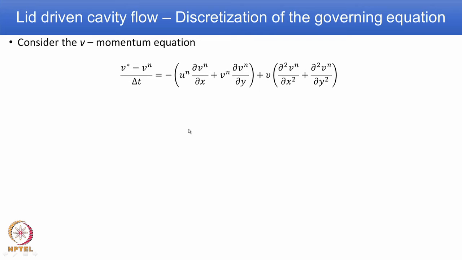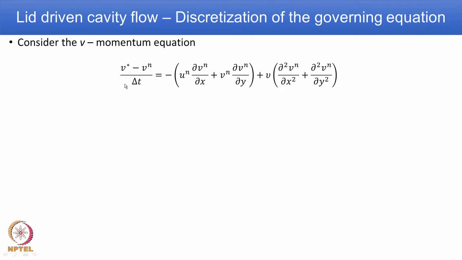We have now explained in detail the u momentum equation, considering separately the diffusion term and convection term, and how to enforce boundary conditions. We will extend this procedure for the second momentum equation, that is the v momentum equation. Without the pressure term in the v momentum equation, the equation is written as shown here. Because we are solving without the pressure term, the velocity is given a superscript. So, it is v star minus v n by delta t equal to